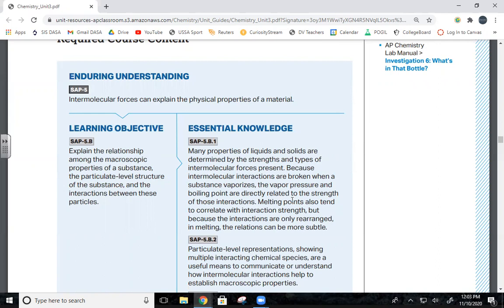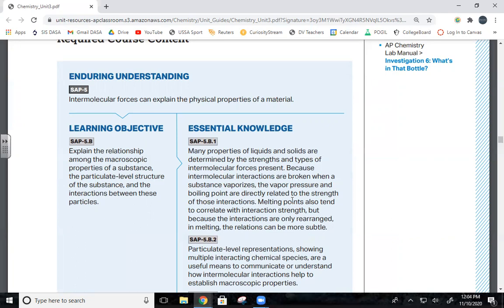So this will lead to our discussion about gases and the ideal gas law. But let's think about things that have really high boiling points, right? What kinds of interactions have really high boiling points? Like hydrogen bonds? Hydrogen bonds occur in water, right? Does water have an extremely high boiling point? No, but that's because it's small. If they were larger molecules, it would have a higher boiling point.